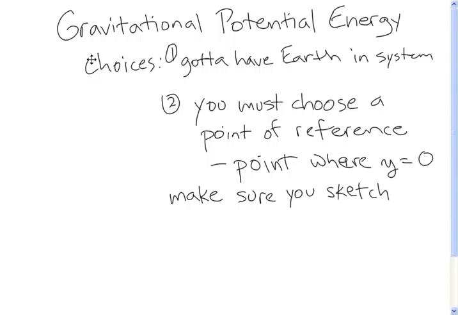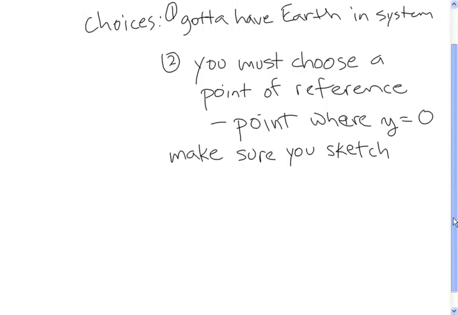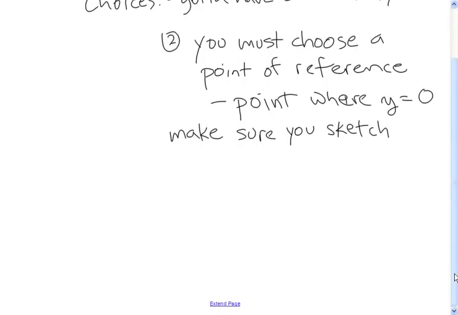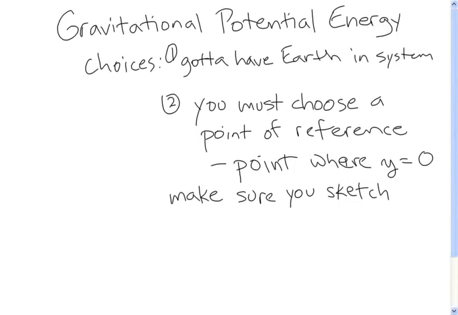Once you have chosen a 0 point, and there's no right choice, there's no wrong choice, although some choices may make your life easier and some won't, you can put a number on gravitational potential energy with the relationship that's on your formula sheet. The amount of gravitational potential energy is equal to,